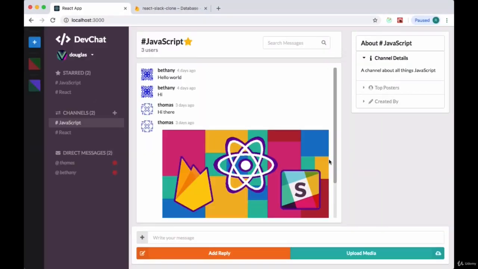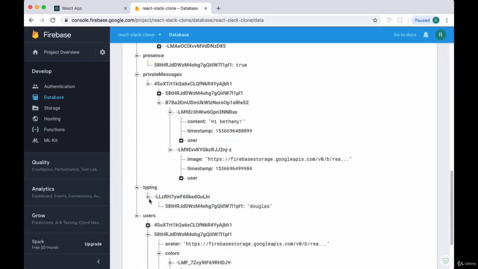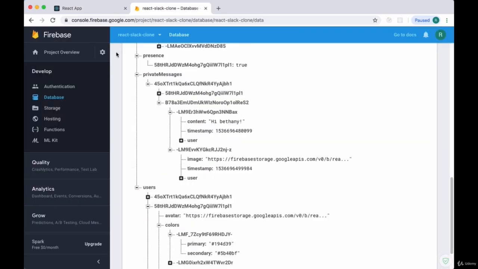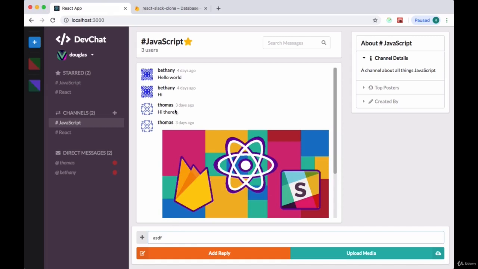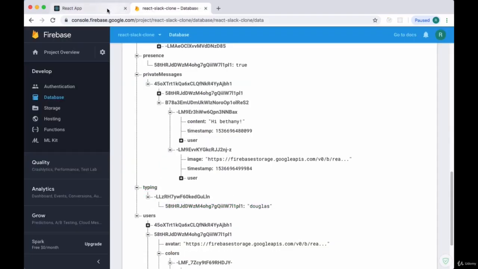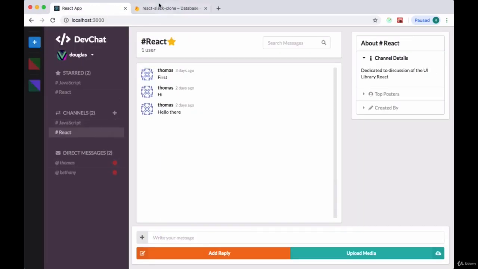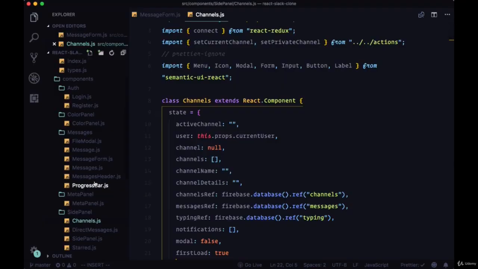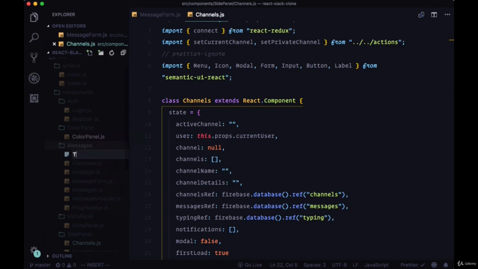Now to test both of these cases out, we'll first type into our input. We see our typing collection. If we send a message, we see that that is removed for our current user. We type in again, we see that it's added. If we switch to a different channel, we see that the entire collection is removed. So this is the approach that we'll use to determine if other users are typing in the same channel that we're currently in. Now let's move on to our typing animation for each of the users that are currently typing